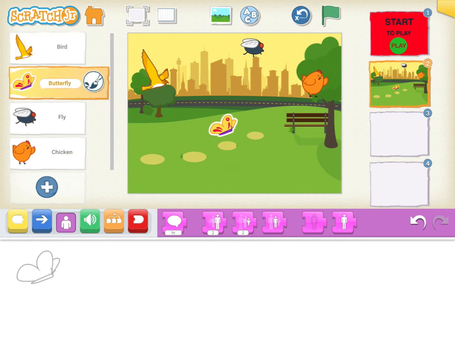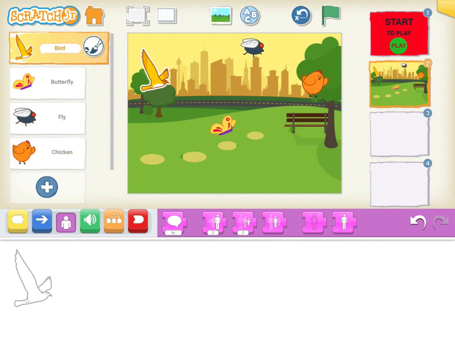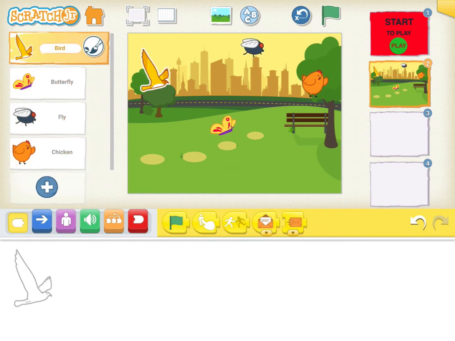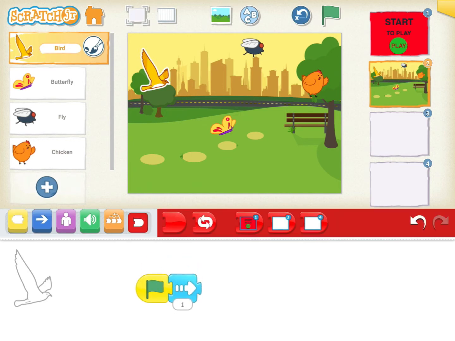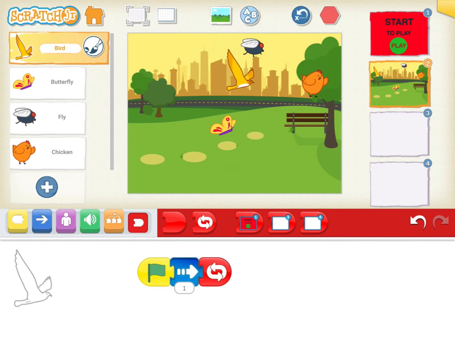Now again we are going to put some actions in it. First I'm going to take the flag button that shows start, and then the arrow button that goes to the right, and the repeat button, so it keeps on going to the right side, just like how the bird is moving now. It continuously goes on to the right side, and then up we can see a flag button again, and if you click on it, the actions start.